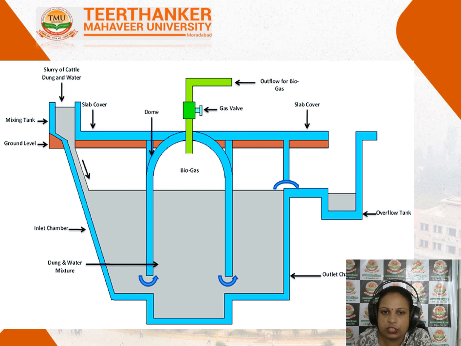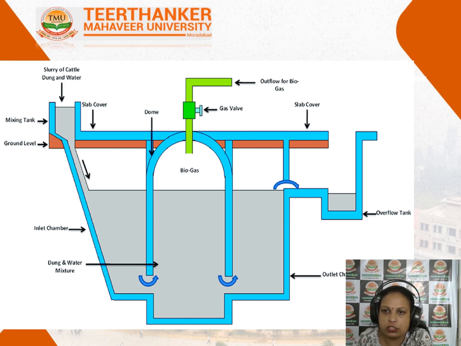Through this outlet chamber it starts collecting in the overflow tank. We call this the spent slurry. It is removed from the overflow tank in time by manual labor. This slurry has many nutrients in it,